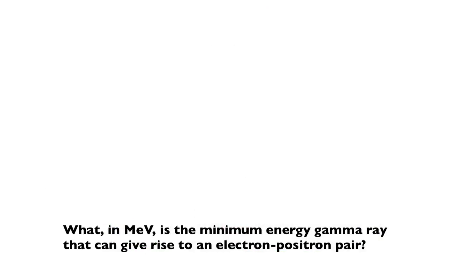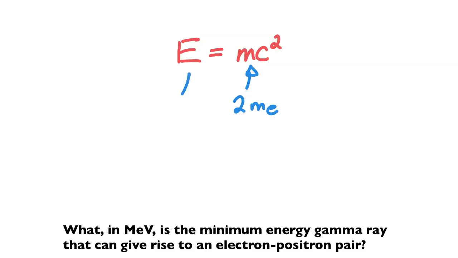Well, the way we'll solve this is we're going to use the most famous equation in the world. E is equal to mc squared, okay? And the mass that we have here is going to be 2 times the mass of the electron. I'm looking for the energy necessary to make that, because it's 2 times the mass of an electron, because a positron has the same mass as an electron. I can do it that way.